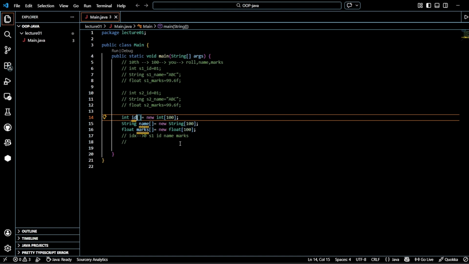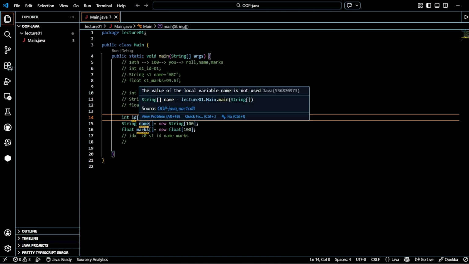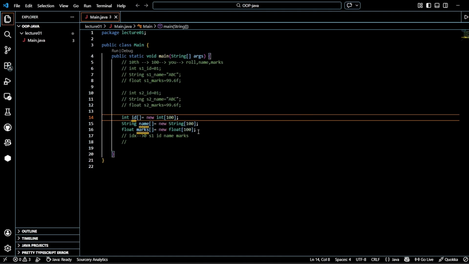If you ever do C programming, there is no concept of object-oriented programming in C. So you have to do it like this if you do it in C programming. But in Java, we have object-oriented programming, which makes our life easier. We will see how, but for now,